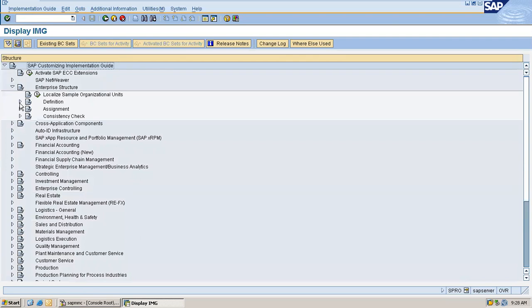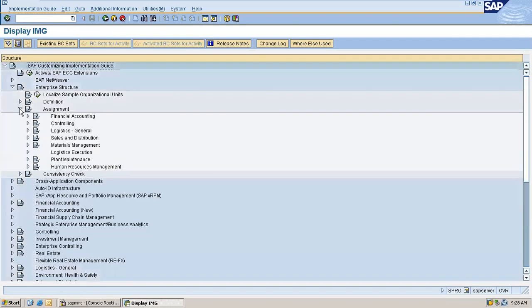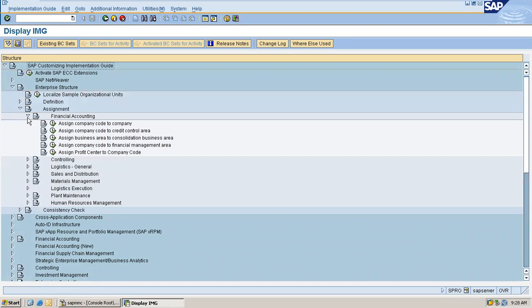Instead of definition, now I'll go to assignment. So here, let's go to financial accounting because that is the module which is on top in hierarchy. Now, financial accounting. First thing is assign company code and company. Okay, I'm just clicking on this assign company code and company.